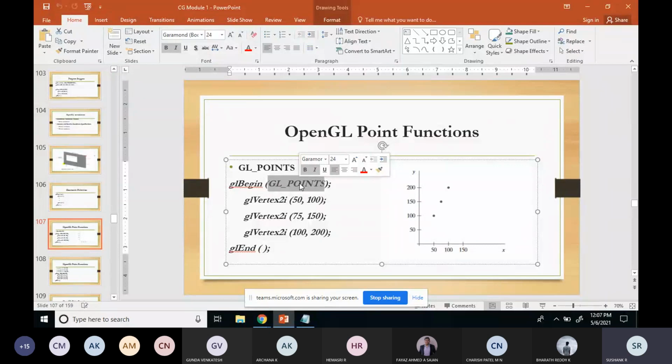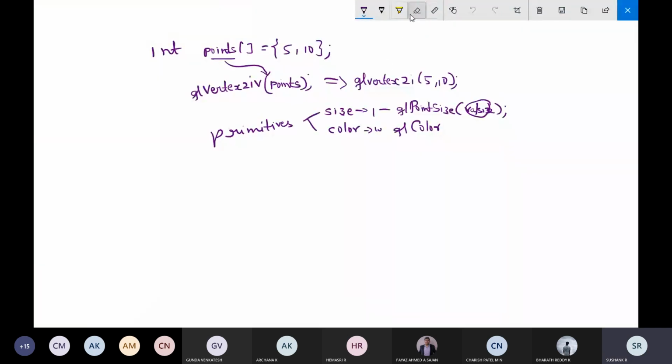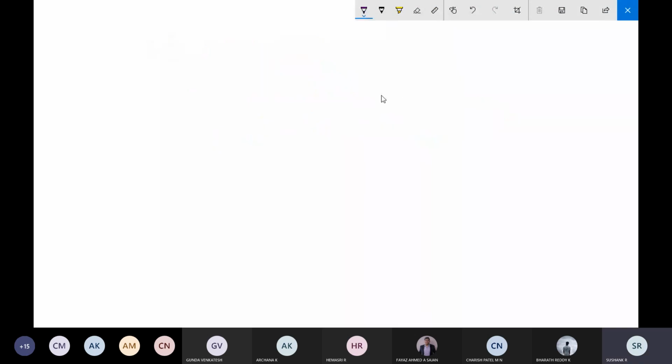So GL point size, what I told, I was talking about the GL point size. Let's check how this GL point size will work.